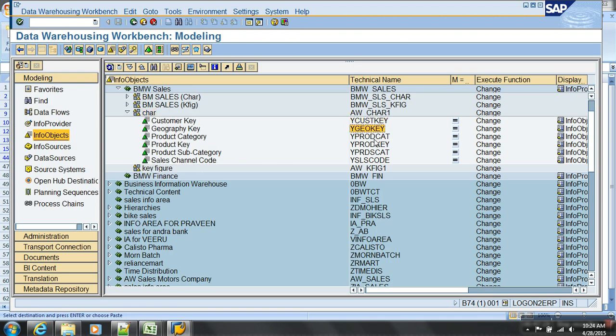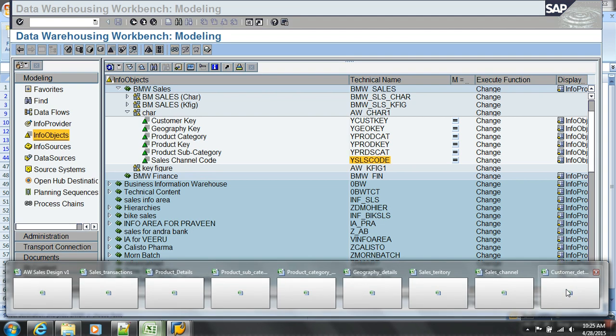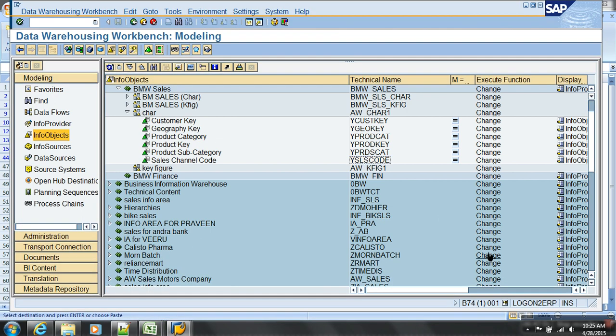Okay boss, I have all these objects ready. Now I have got attribute tables, and the corresponding text tables are ready. I need to start loading them. Now what are these master data files I've got? I would like to load those master data files now. From the customer file I load it to the customer table, from the product file I load it to the product table, whatever it is I'll do all this. Clear? Shall we load? Now one by one I'll just save this file.